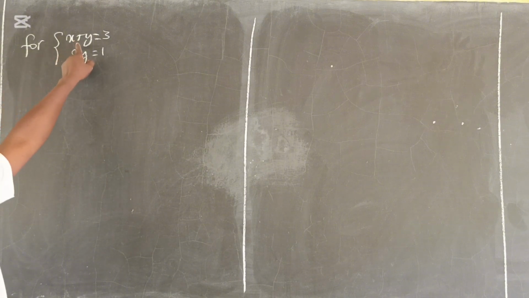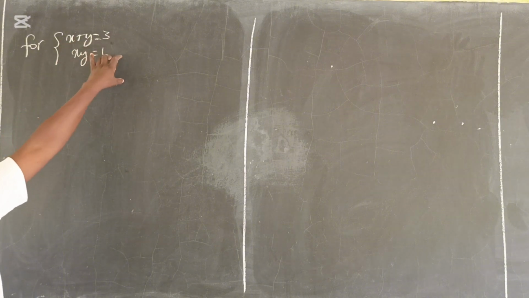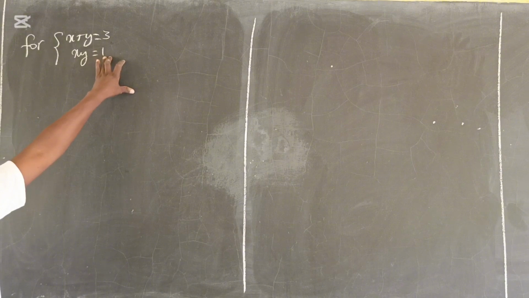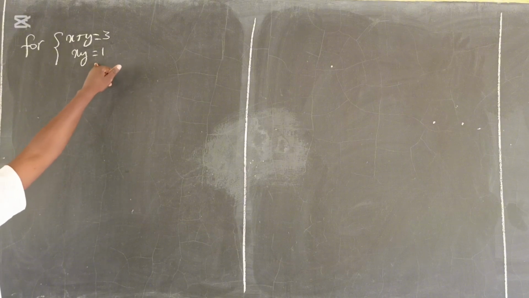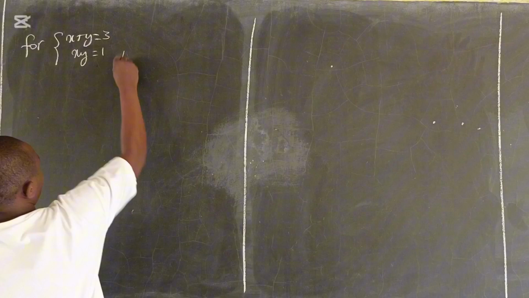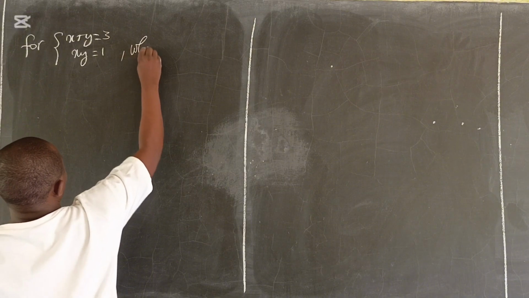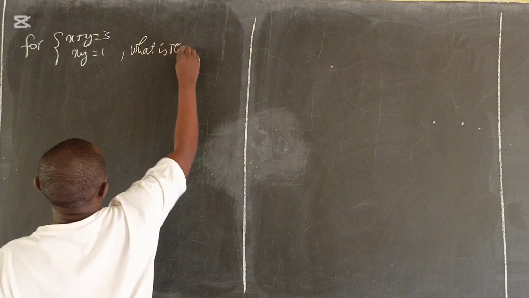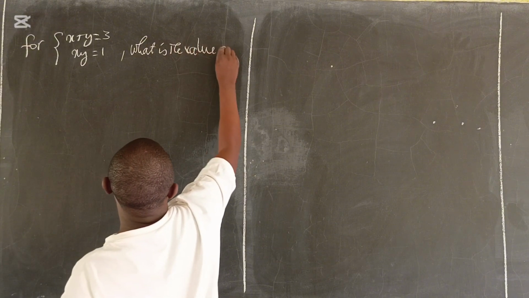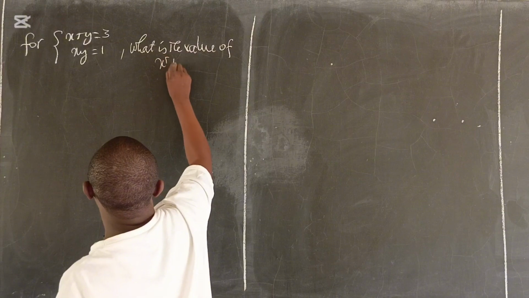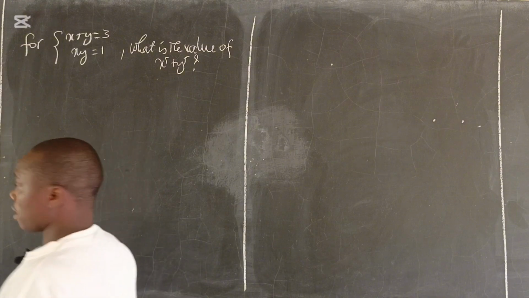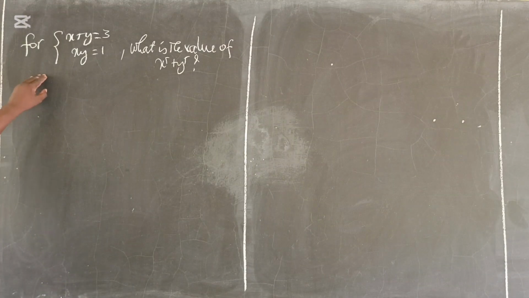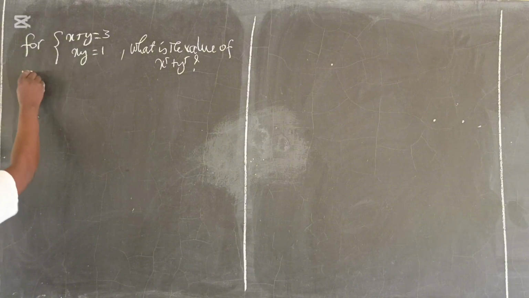If x plus y is 3 and xy is 1, what is the value of x power 5 plus y power 5? Here is the question. By Pascal's triangle,